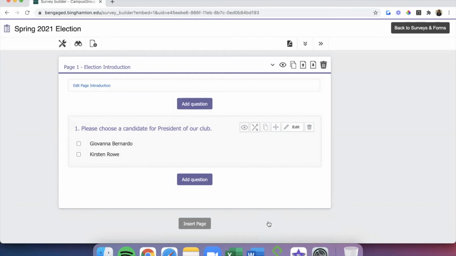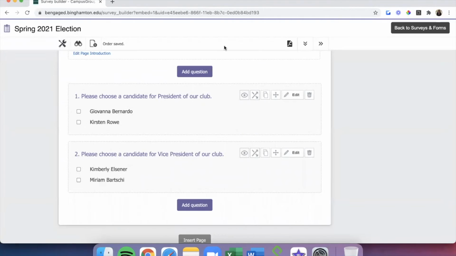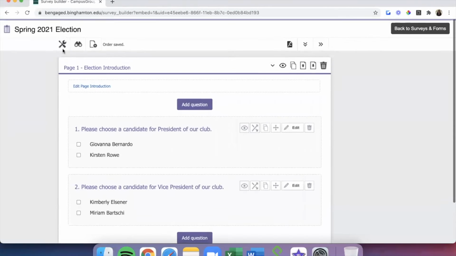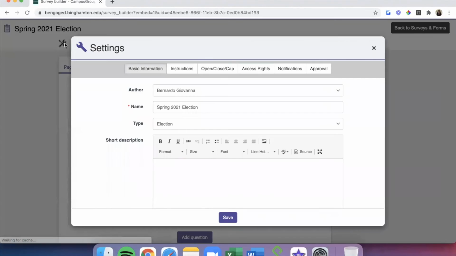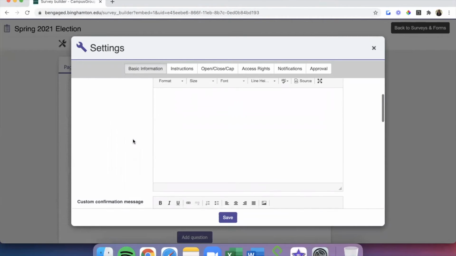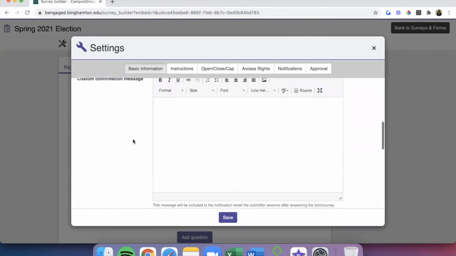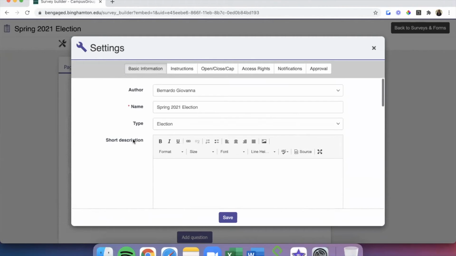Now we're going to repeat those exact same steps for the vice president election. Now that we're finished, we're going to click the Survey Settings button at the top to finalize the ballot settings. Under Basic Information, we can add any messaging, such as a description and custom confirmation message, if needed.